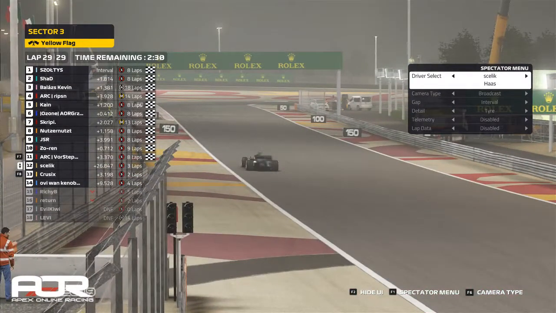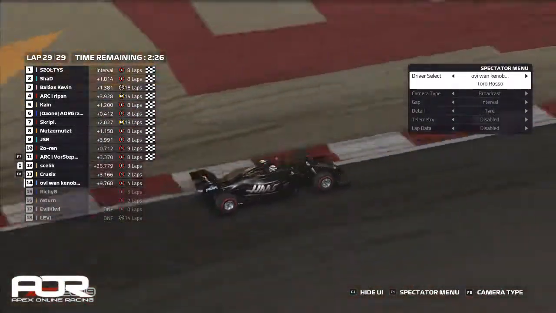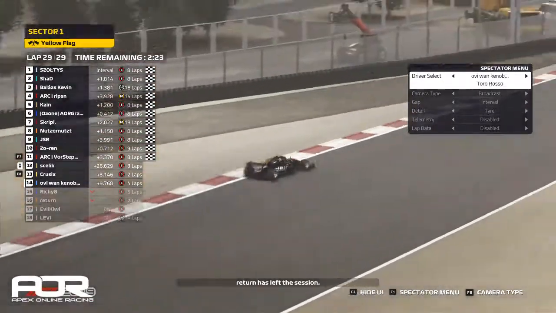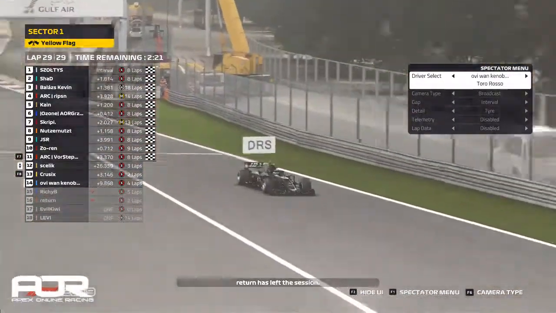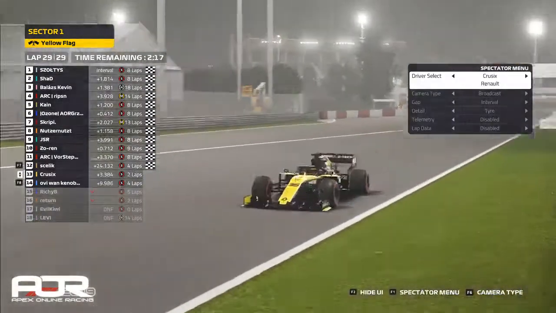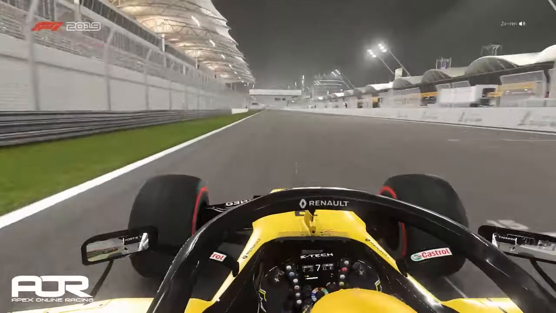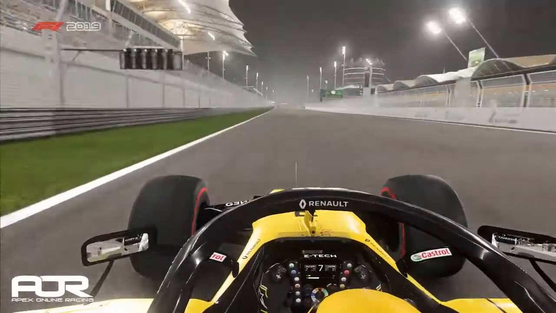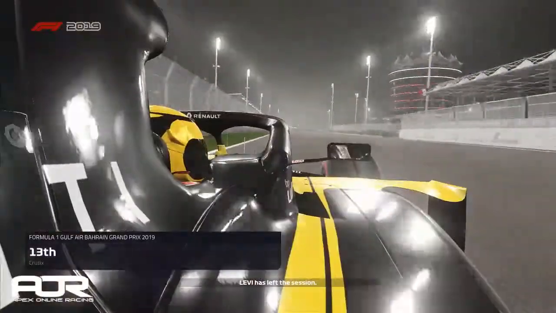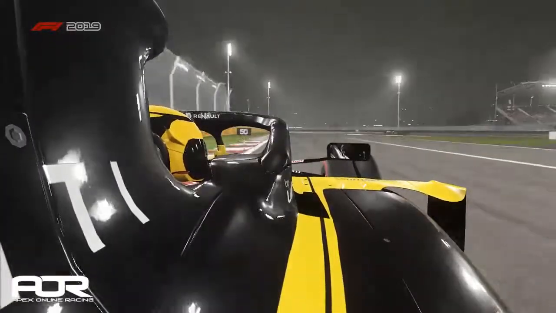as he is one of the only drivers left, along with Krusix and Obi-Wan Kenobi. And Obi-Wan Kenobi has left the session, so it's really Krusix who we are waiting for. Return has left the session, of course, and now will Krusix take the fastest lap of the race? I don't think so. So it looks like Obi-Wan Kenobi has the fastest lap of the race,